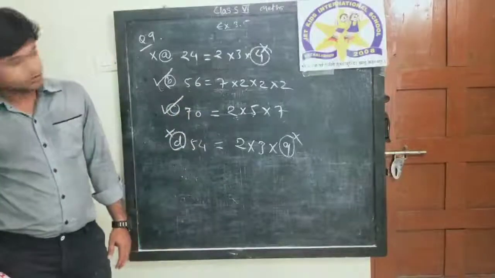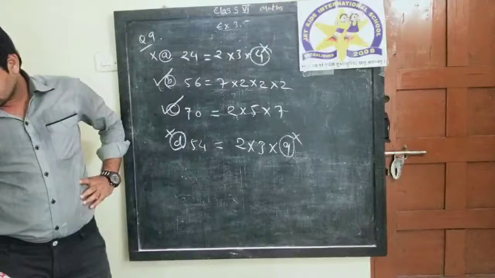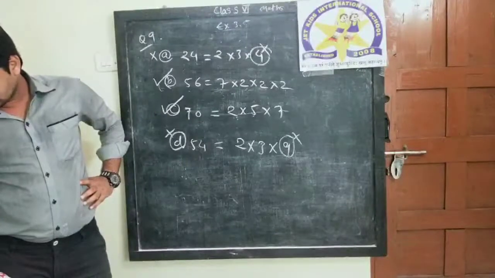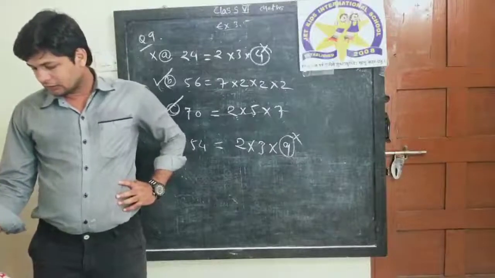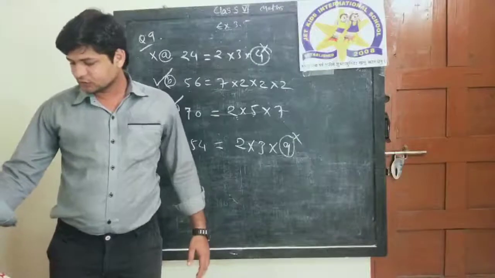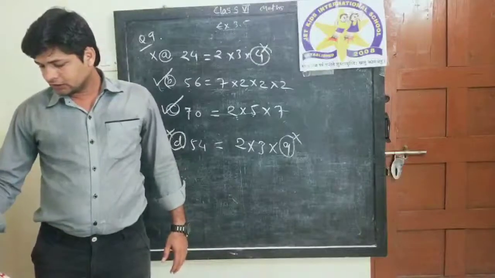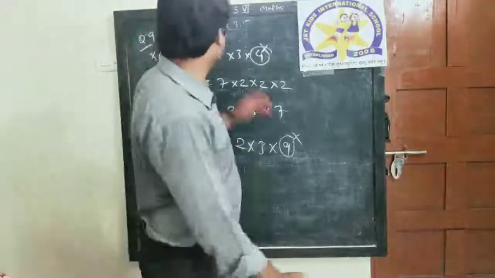Next question is question number 10. Determine if 25110 is divisible by 45. A hint is also given there. Clear? So you will do it. This is homework. Question number 10 will be homework.